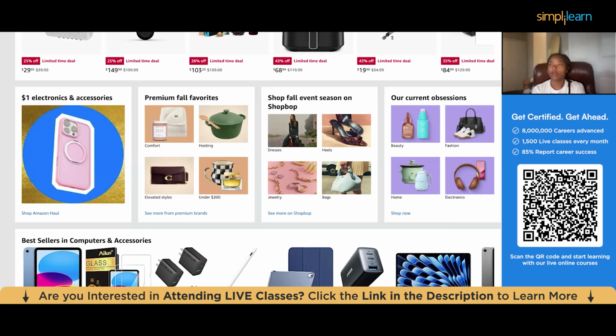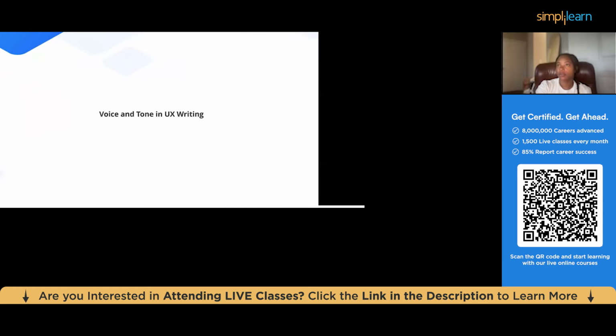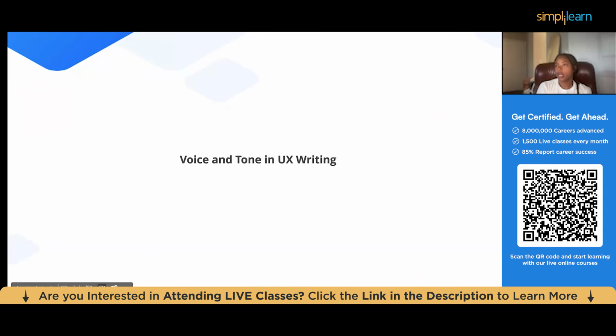Its UX writing angle is that it's neutral and concise, but often styled in smaller, lighter text, balancing clarity with a nudge towards sponsored products. Some insight there. And then to get back into the lesson,